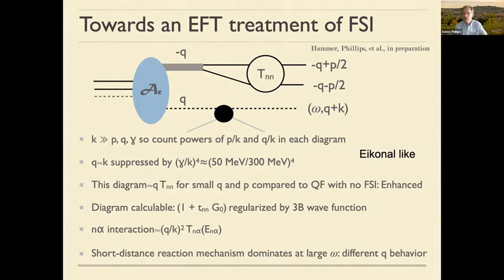So Hans Werner, Matthias, and myself have started working on an EFT treatment of FSI. This is eikonal-like. It's based on the fact that you're talking about high energy particles in the final state, high energy meaning in this case that the relative energy between the helium-4 and the neutron-neutron pair is large. And this allows you to make arguments about exactly this dominance of neutron-neutron final state interactions that, at some intuitive level, we all know is true, but you'd like to quantify that dominance in terms of an error estimate. So there's some discussion about this on this slide. I'm happy to say more in question time if people are interested.